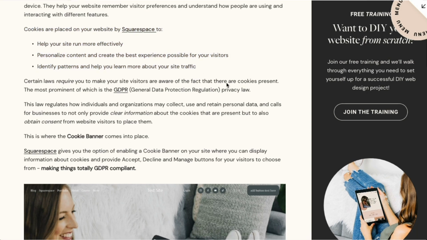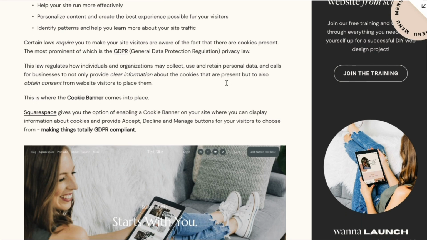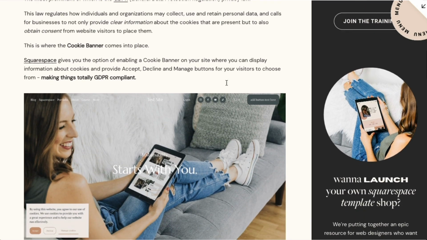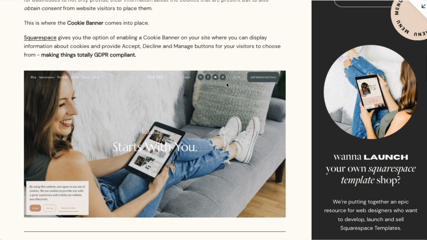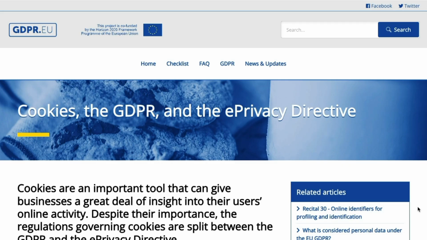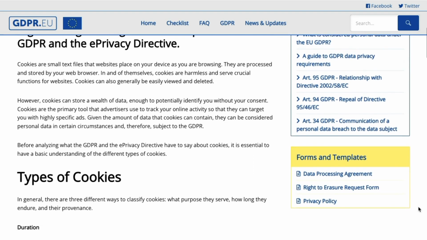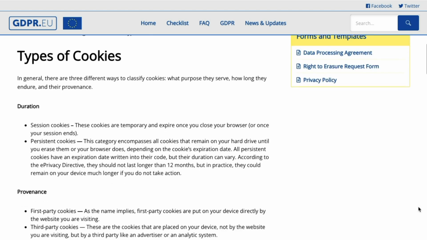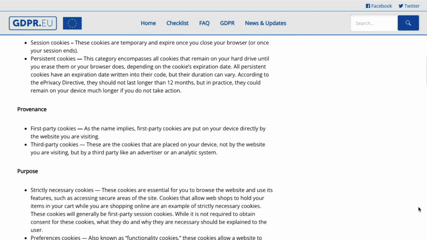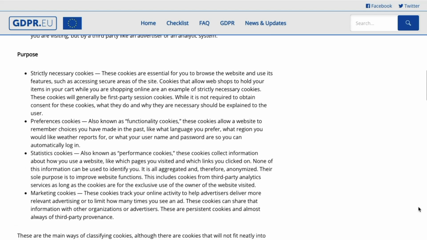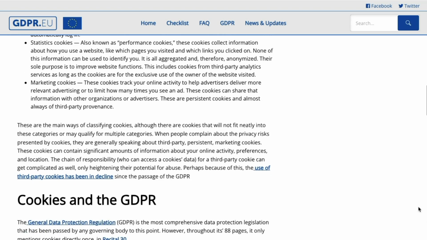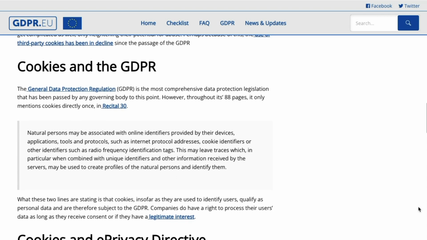Now, all of that sounds great, and it seems like a nice thing to do to let your site visitors know that their cookies are present, but it's actually also legally necessary to do so, which is where the cookie banner comes into play, because there are certain laws that require you to make your site visitors aware of cookies. The most prominent of these privacy laws is the GDPR, or the General Data Protection Regulation. This law regulates how individuals and organizations may collect, use, and retain personal data, and it also calls for businesses to not only provide clear information about the cookies that are present, but to also obtain consent from website visitors